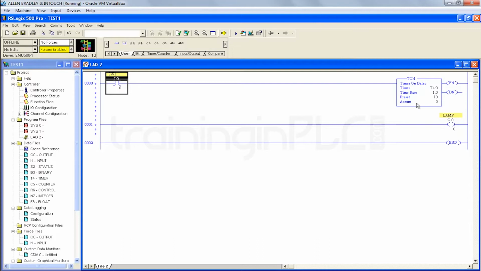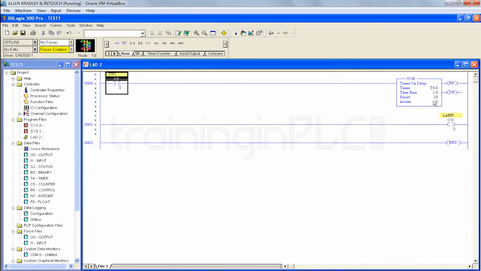So if you see the timer, after 10 seconds, which bit will be turned on for the timer? This done bit. Okay. As I have already told, we have 3 bits in the timer. The first bit is the enable bit. The enable bit will be turned on whenever you turn on your SW1. If you turn on SW1, your timer will also start running. So whenever a timer is counting, doing its operation, the timer timing bit will be on.